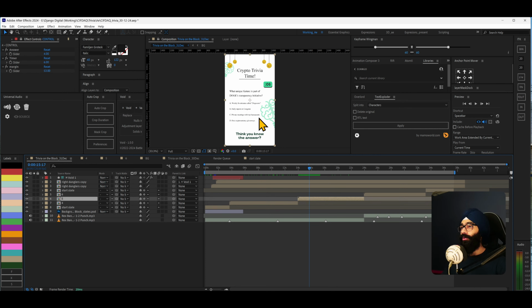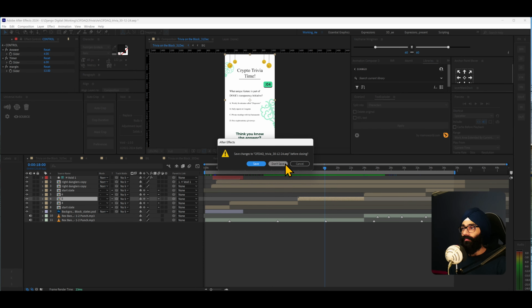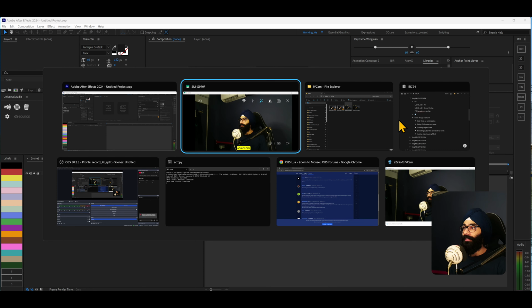If the question is long, you need more time to read, so you increase the timer. If it is short, you need less time to read, you decrease the timer. And it's very easy now to make these. Okay, if After Effects doesn't do this thing where it messes up the fonts. That is the first thing that I wanted to document.